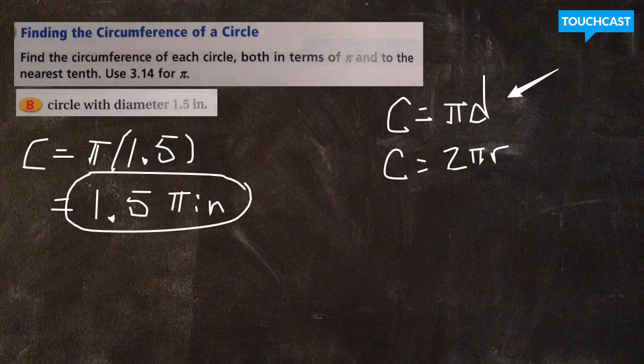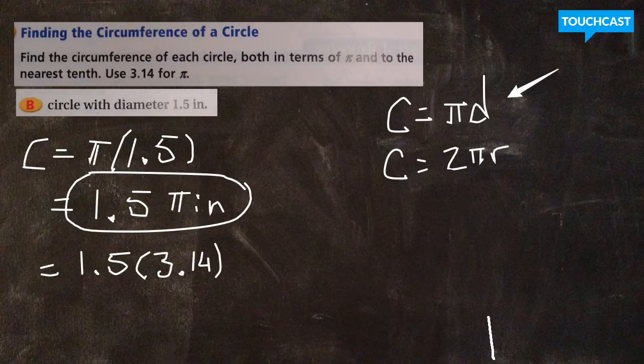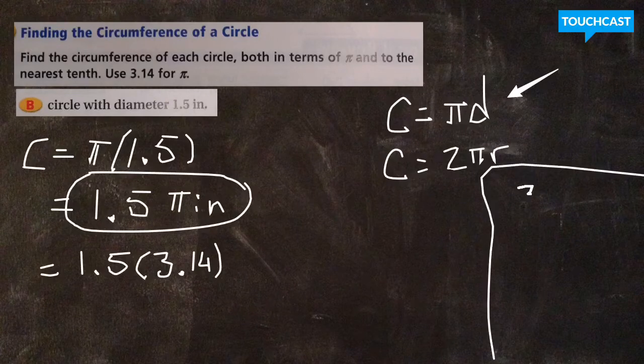Now we also need to estimate it to the nearest tenth using 3.14 for pi. So we're going to go 1.5 times 3.14. So over here on the side, let's do some work. We have 3.14 times